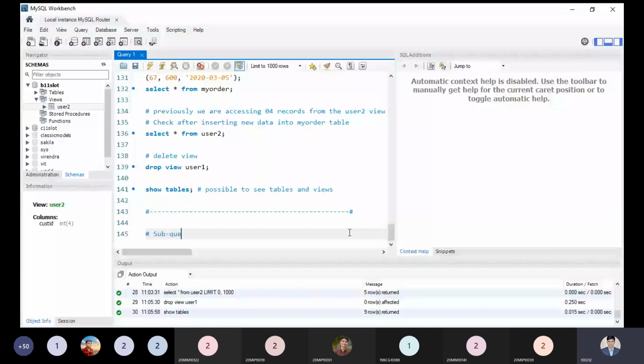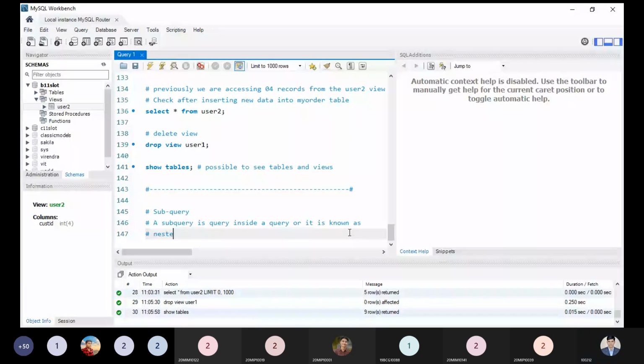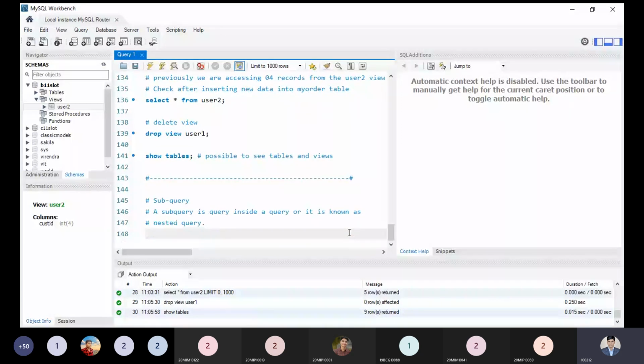A subquery is a query inside a query, or it is known as a nested query. This is a term we have to keep in mind. In general English terms, we can say query within query.